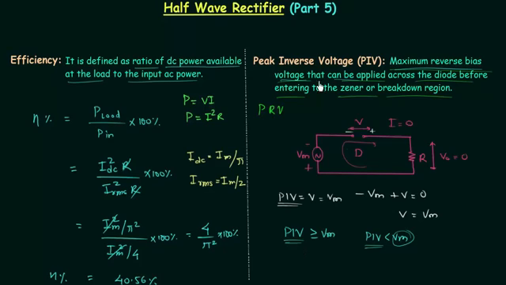So this is all you should know about the peak inverse voltage. Peak inverse voltage is equal to Vm, the peak value of the source voltage. From the next lecture we will start full wave